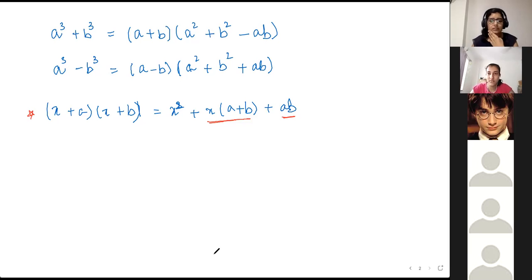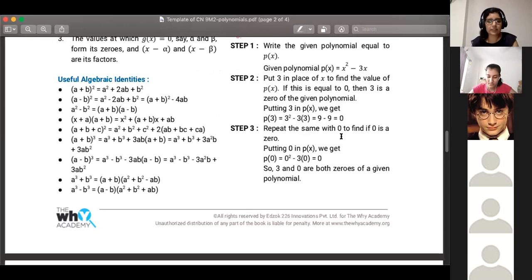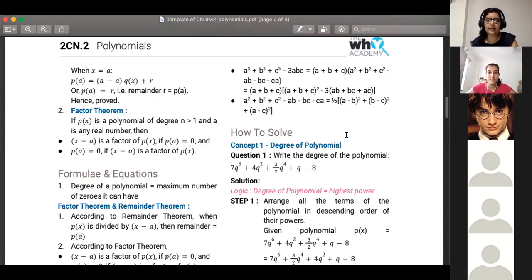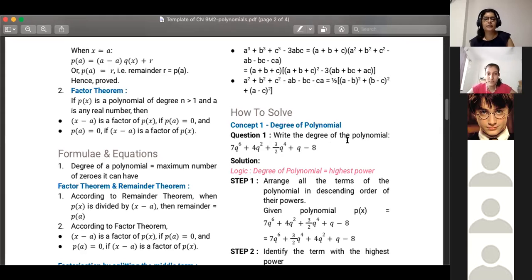So there you have it. These are most of the identities. So just revise it, go through it again. I think there's like a couple more that we haven't done. Still, if you guys have difficulty remembering or something like that, let me know. We'll discuss that. But otherwise, go through it once, see if it's become easier, and then we'll move on to the next one.